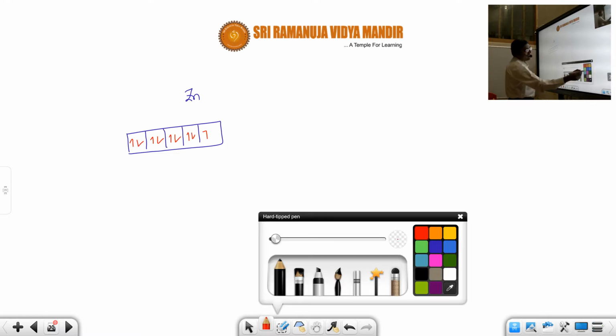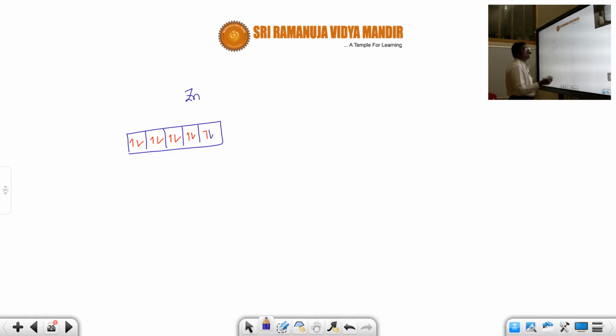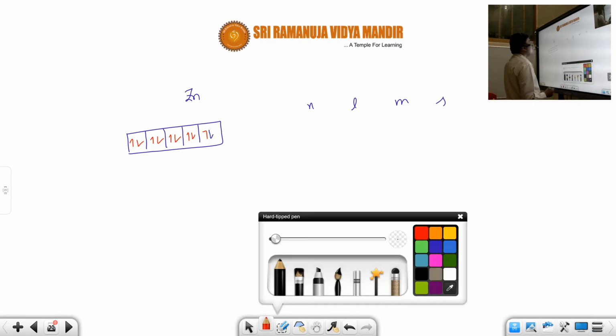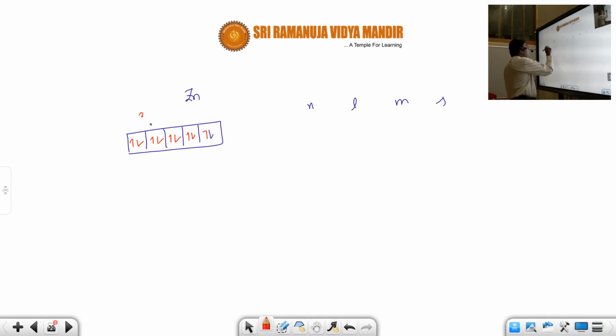So I change the color. Okay, the color is different. So this one you have to write in blue color. Okay. Now n value, l value, m value, s value. So write please here. Now the n value is how much? For 3d10, the n value will be 3. So what is the d value? The l value will be 2 for 3d.